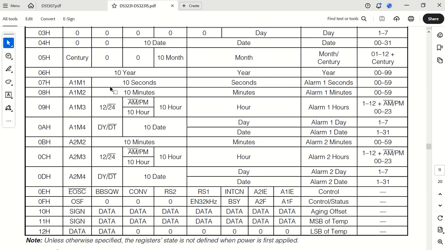And the only difference is here, you've actually got an alarm 1 and an alarm 2, which means you can store values here where you want interrupts to occur.